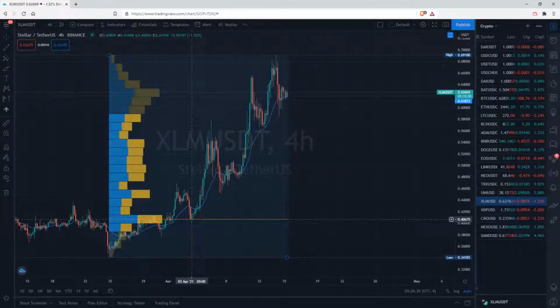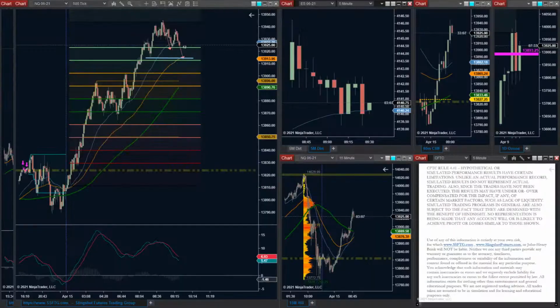Jeez, oh Pete. So it's pretty obvious they shifted the volume there, and we are now building another relatively large volume node. It's pretty close to contesting a POC shift. If we get a POC shift and volume begins trading above that, you can see it's another breakaway move. We have already had 3 drives to the upside, so this breakout back to the highs might be short-lived. I've been saying that about crypto for a while because I feel like it needs a pullback. It's desperate for a pullback, but it just keeps not pulling back either. So, oh well, I guess we'll just keep letting it go.